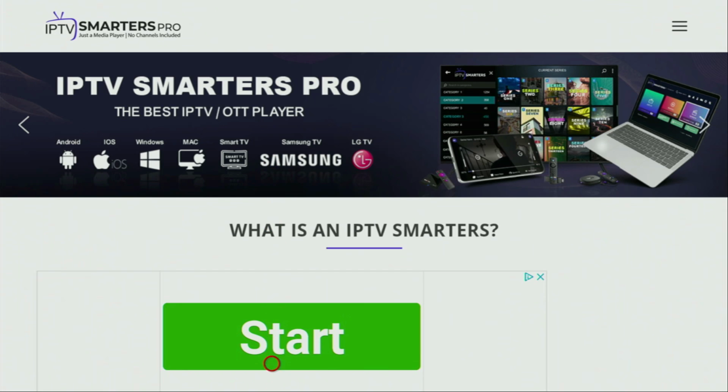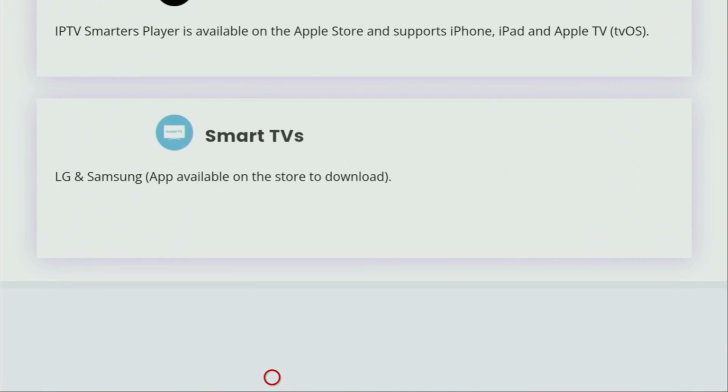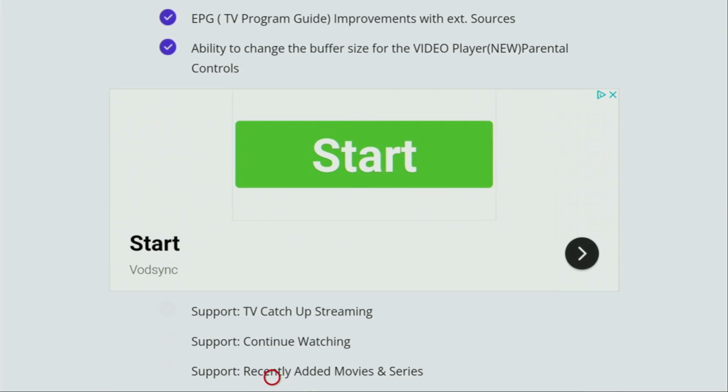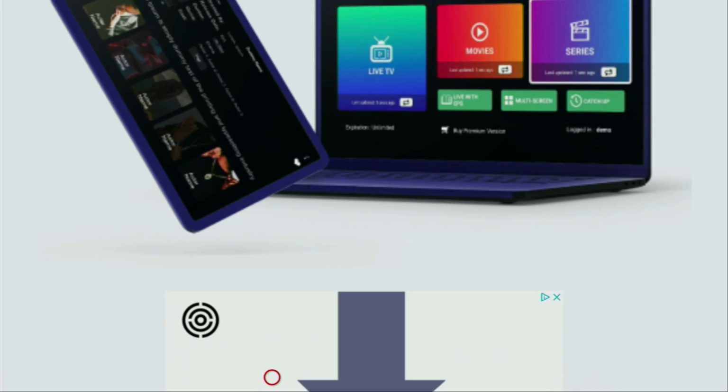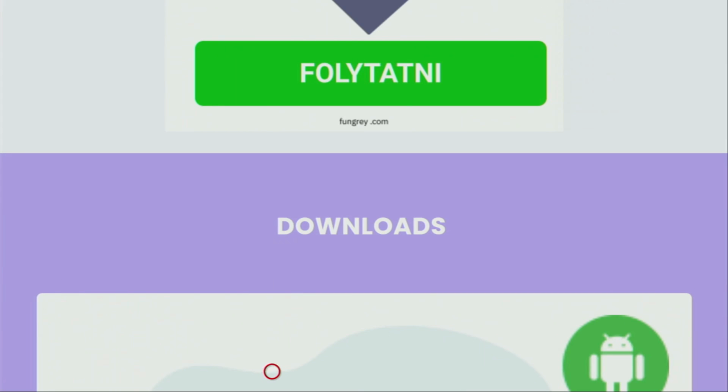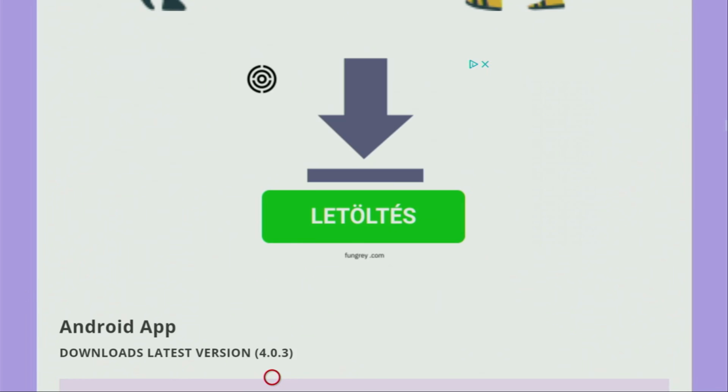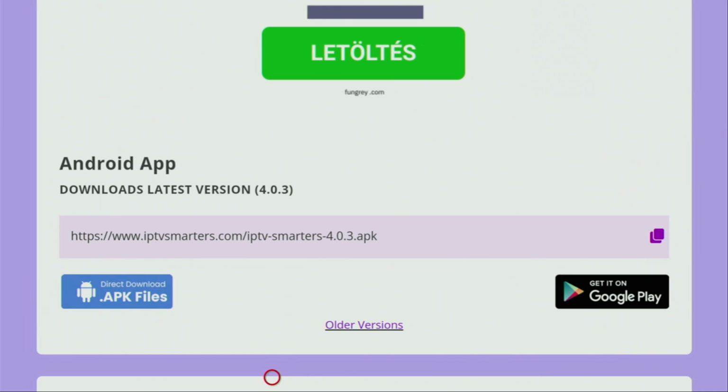Now, after the website has opened, we just need to scroll it down. So keep scrolling. We'll have to find a button which allows us to download the Android version of the app. As you can see here, it says download, so we are almost there. And yep, there it is. So as you can see here, it says Android app, and we need to click on that blue download button